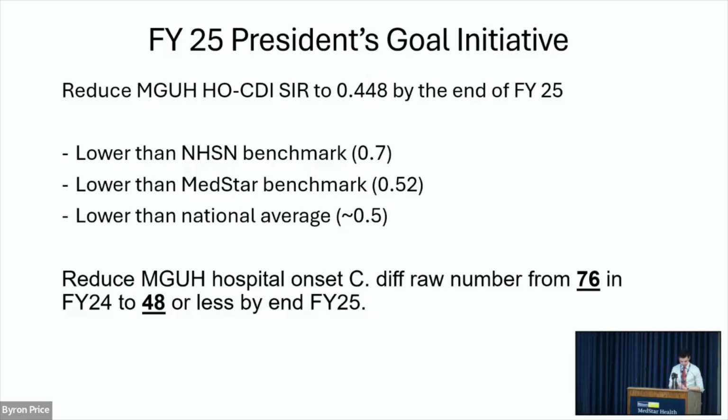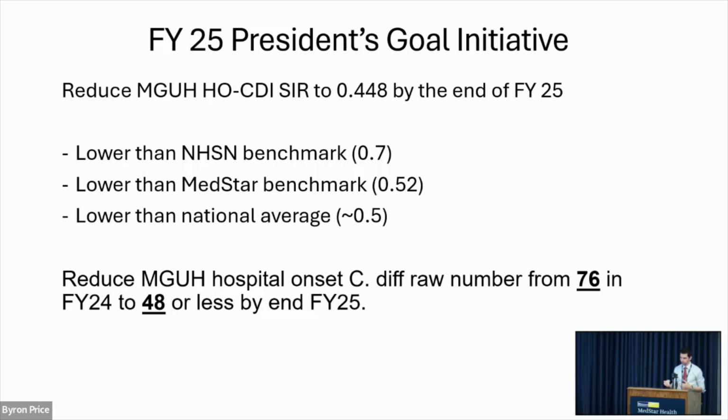Now that you know what our problem is, I want to tell you what our goal is and some of the things that we as physicians can do to help. I want to make this simple for us. So in the next few slides, I'm going to give you very direct things that we're planning on doing. But our overall goal is to reduce our SIR through fiscal year 25